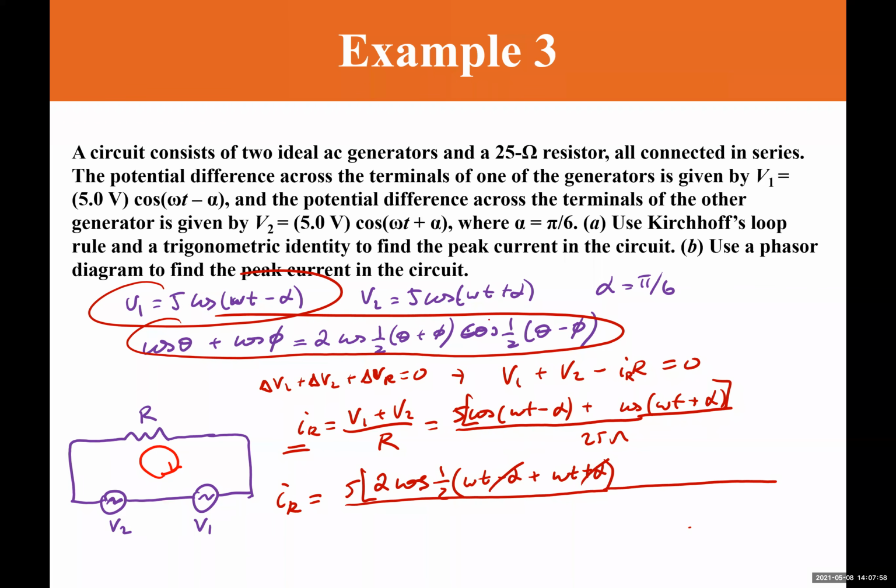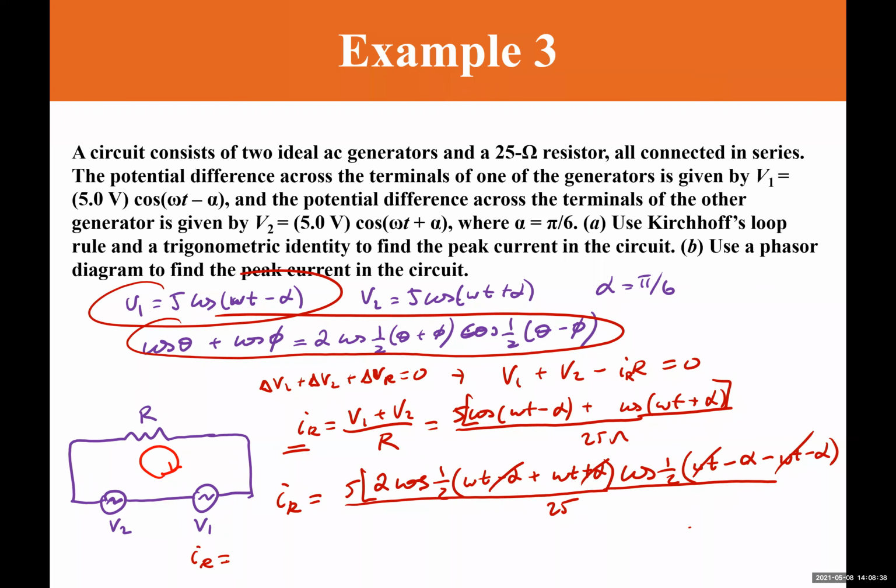But we continue. I wrote this first part, then let's write the second part, which is again cosine of 1/2 theta minus phi, which is omega t minus alpha, then minus omega t plus alpha, so minus omega t minus alpha. Here the omega t is going to cancel out, and I'm going to get negative 2 alpha, right? Then this is divided by 25. That means I sub R then equals